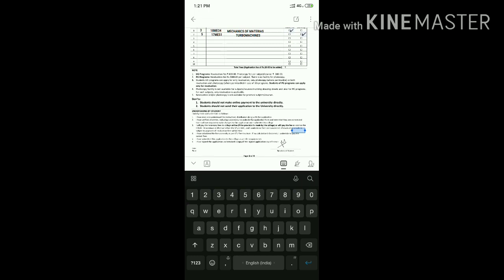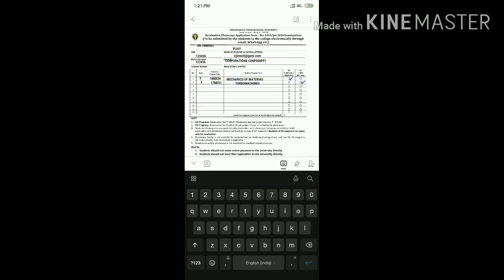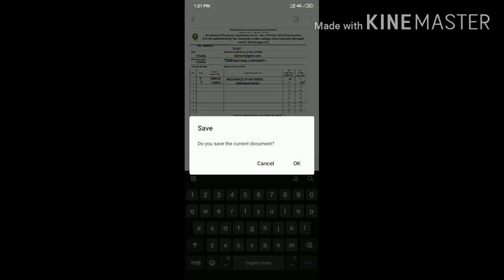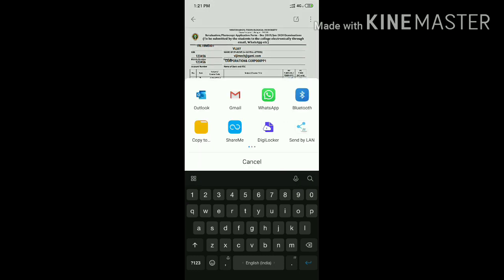If you want, you can cross-verify the subject name and subject code by writing it on a separate sheet, referring to the subject list document given in the WhatsApp group. Once you verify this, click save. It will ask whether you want to save this.